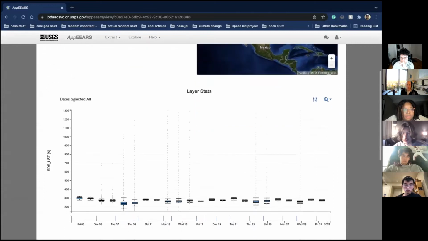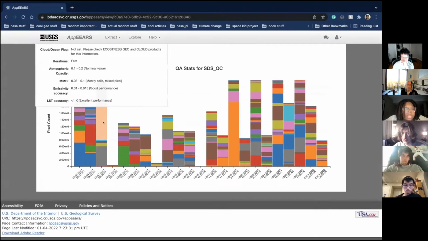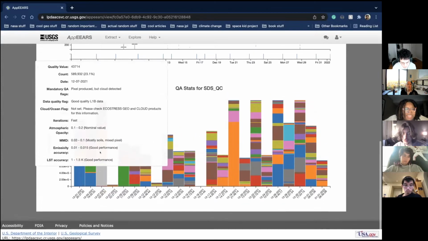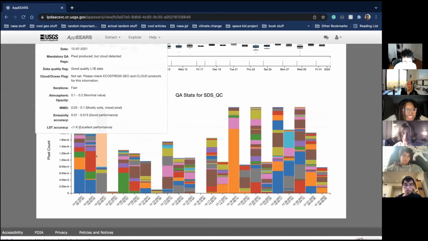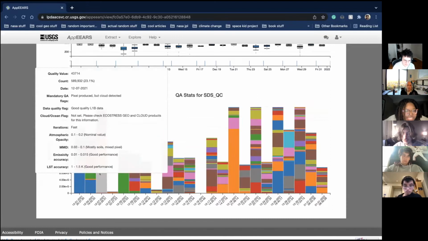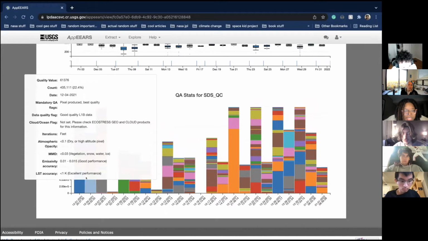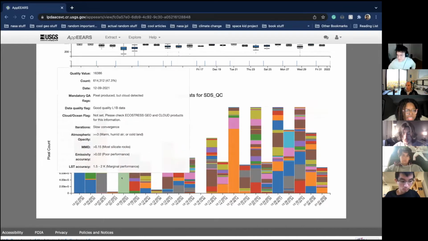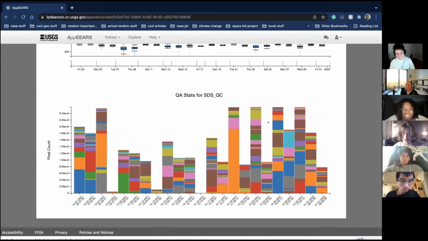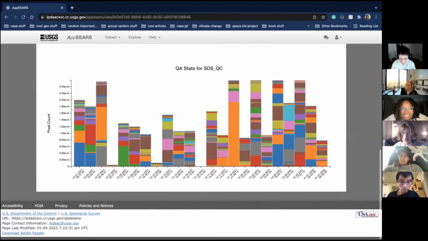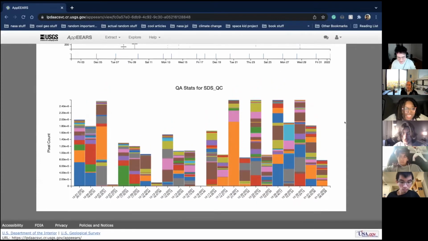Do you remember what all those colors are for that bar chart down there? I don't think so. I usually never look at this page, really. I don't remember what it is either. I don't exactly remember, but if we're hovering over it,